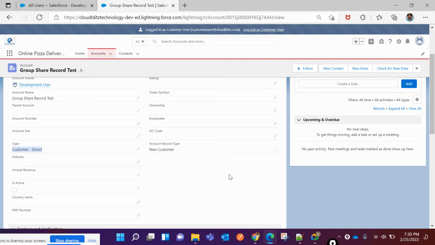Because the record is only one, it is not differentiating. Data will not be differentiated from user to user. Data will remain the same. Suppose the development user has created the record and has shared the record to three users, and suppose the testing user is changing the record,